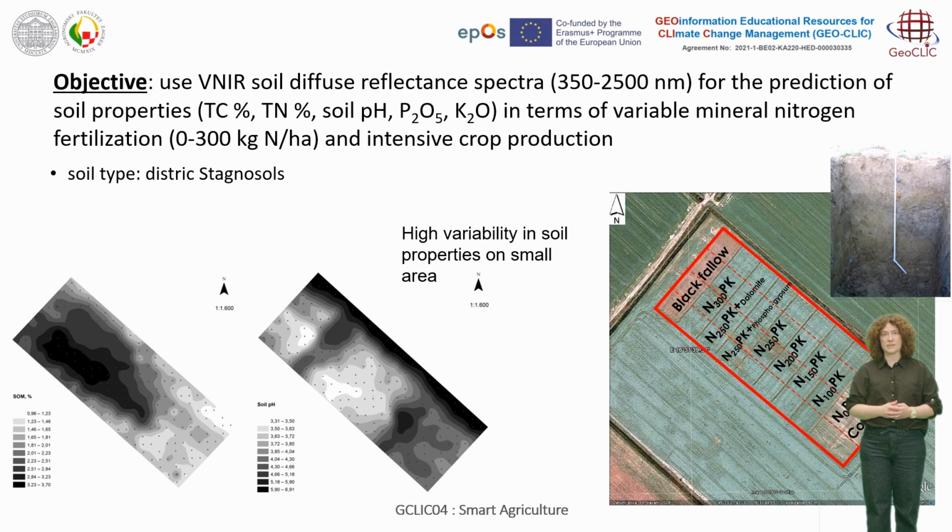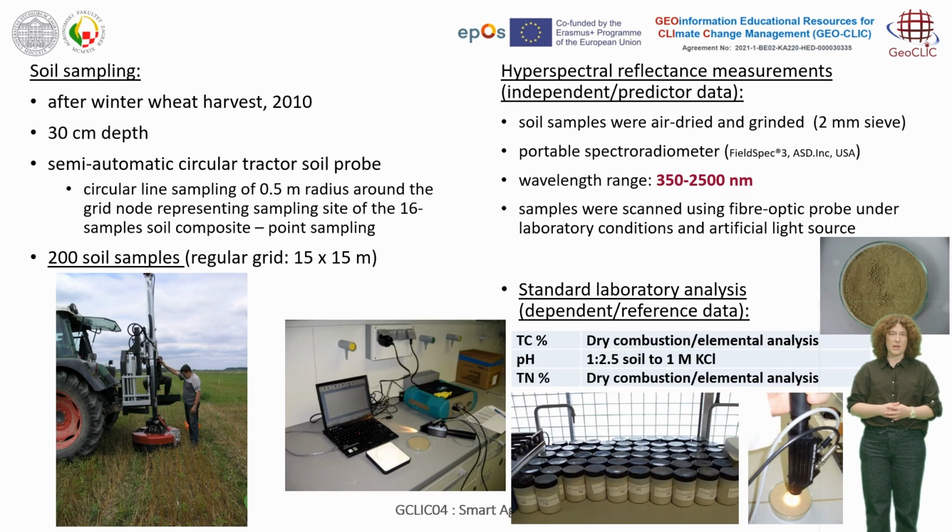other soil properties. The soil type of this experiment is district stagnosoil, and we achieved this high variability in soil properties on a relatively small area, which was the base for finding these calibrations between optical properties and soil properties obtained by chemical analysis. We did soil sampling after winter wheat harvest at the 30